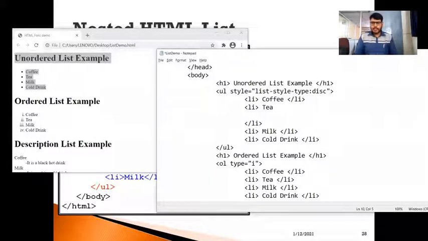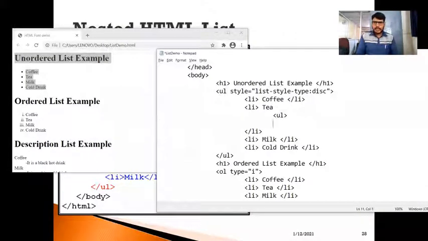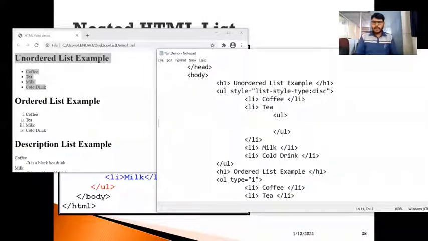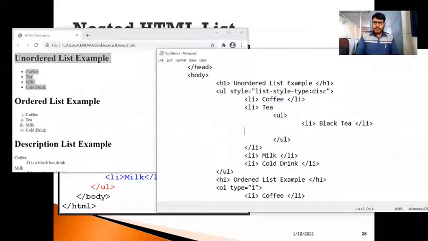So for that, I need to leave some space here, and I can specify the unordered list tag, and I need to close this unordered list here itself. And within this unordered list, I can specify some more list items like black tea. Okay, and similarly, I need to include one more list item, that is green tea.